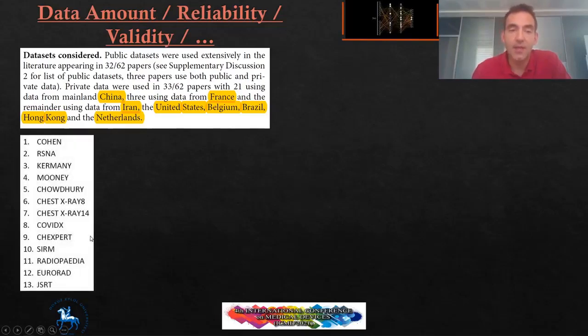And here is the list of the public data sets. Now, the public data sets play a very critical role in the development of AI-based systems, because the researchers can use these public data sets and compare their algorithms in this application area with the other researchers who use the same data sets. This is becoming a standard approach for making research. However, there are very important points on these data sets that should be considered. For example,